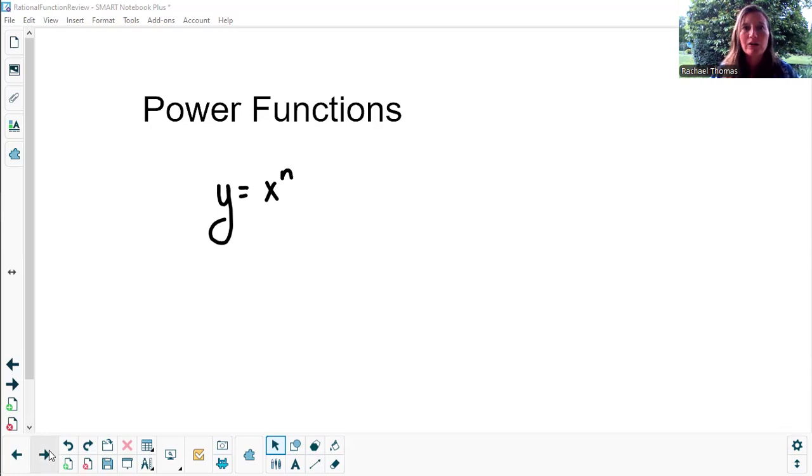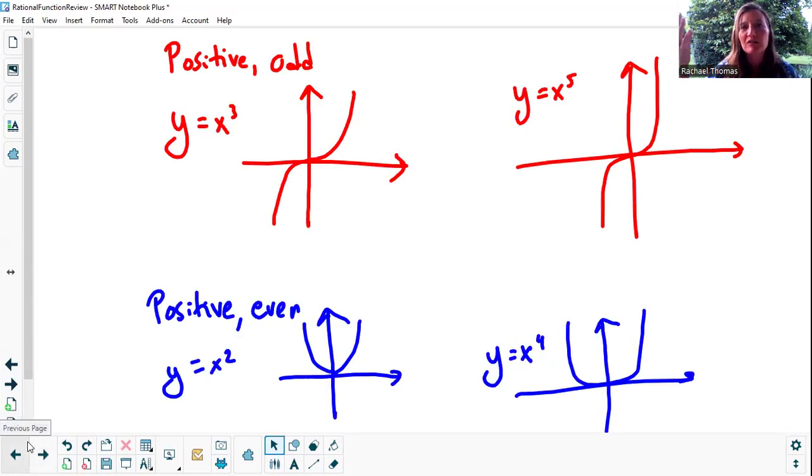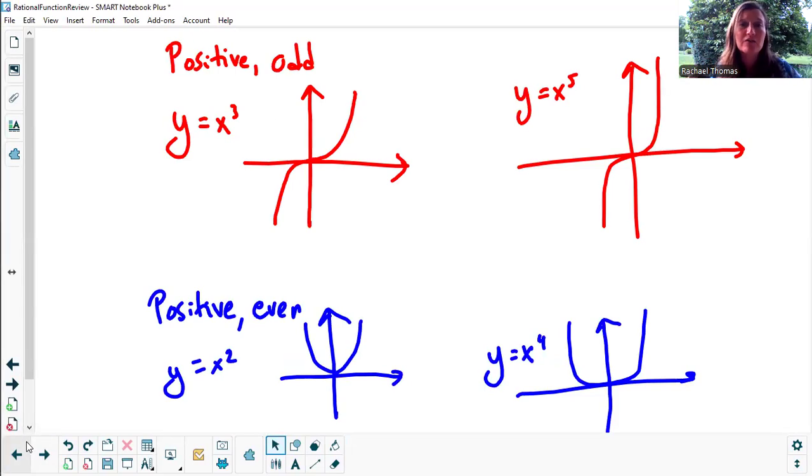All right, so power functions, we're talking about x to a single number power. That number power can be even or odd, it can be positive or negative, it can be a fraction or a whole number. So if we're just looking at positive numbers like x to the third, x to the fifth, and these are the numbers that are going to be represented when we talk about polynomials, then the basic categories